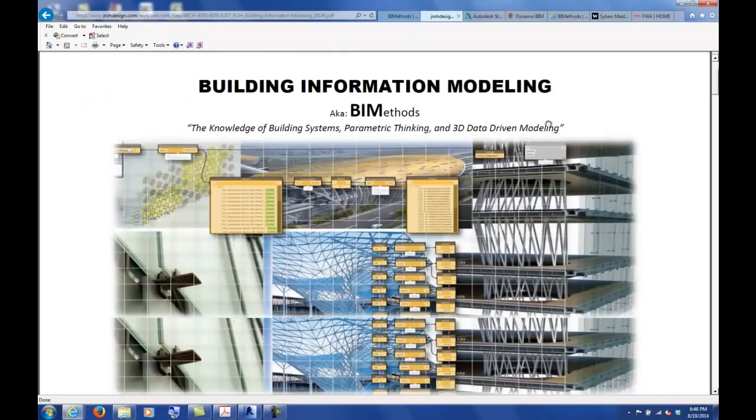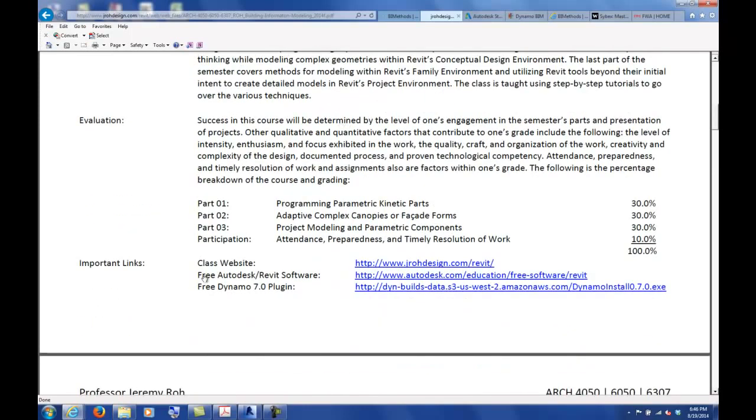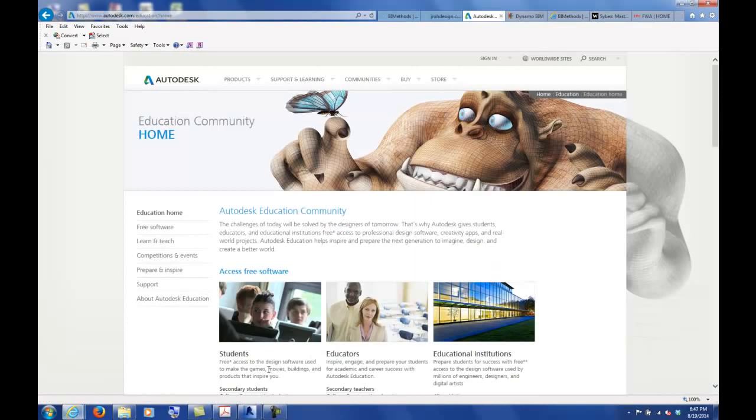For this class, if you scroll down on this syllabus, just on the first page, you'll see some important links section. Obviously, there's the class website that I just talked about, but there's a couple other links that you'll need to know, and one of them is about the free Autodesk Revit software. I don't know if everyone knows this, but Autodesk nowadays, if you're a student or faculty, all their software is free. So if you go to their website, you can go to this link, which will actually take you directly to Revit. I'm going to back out of that for a minute and just take you to, if you just go to